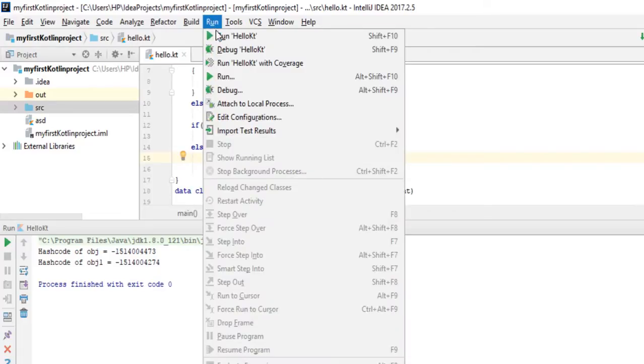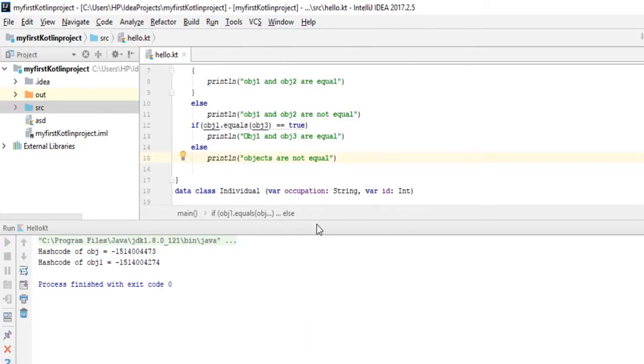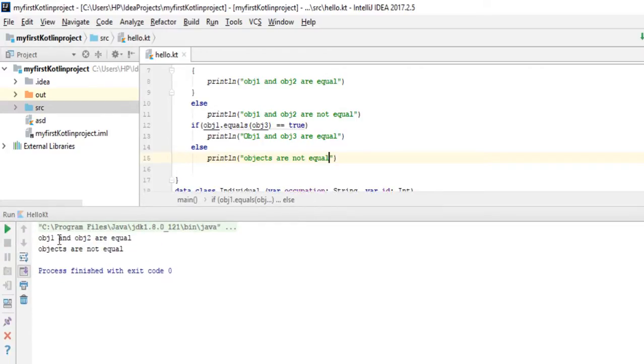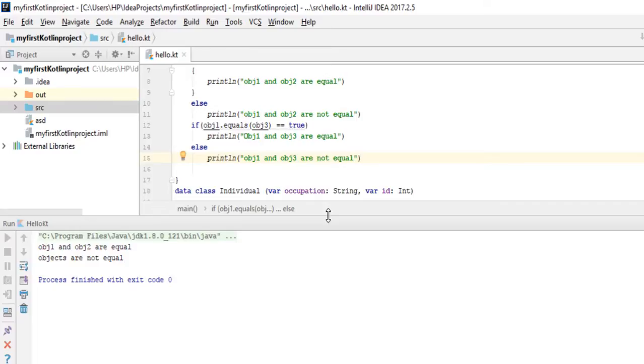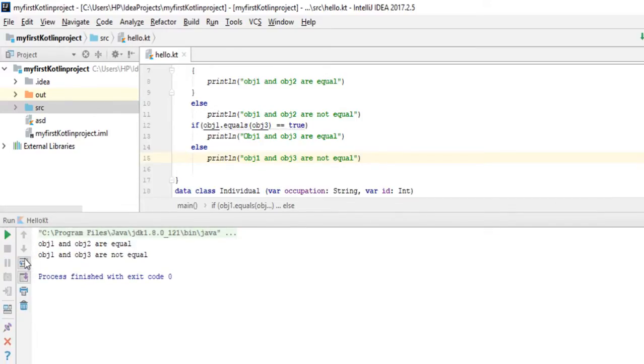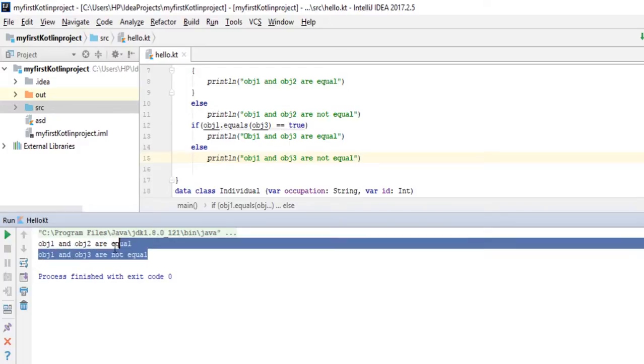Now let's run the program and you will see on the output screen. Now object 1 and 2 are equal, but the objects are not equal. Which objects? I have to write object 1 and object 3. So now it will be more clear. Okay, object 1 and object 2 are equal, object 1 and object 3 are not equal.